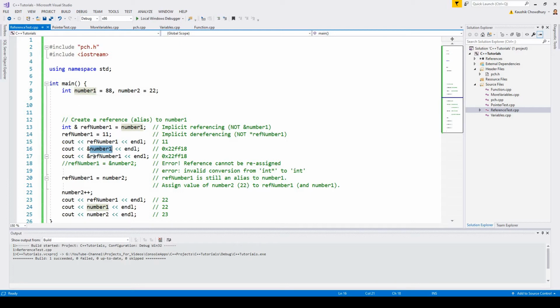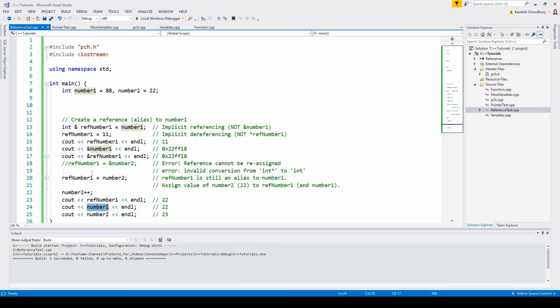And then in the next print statement, it prints out the address of the reference variable refNumber1, which is also supposed to be the same. And then refNumber1 is assigned a different value, number2, and number2 is incremented, and number2 is now 22. So with this print statement, I expect refNumber1 to print out 22, and number1 is also 22